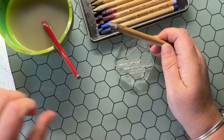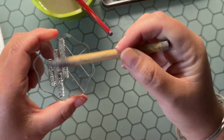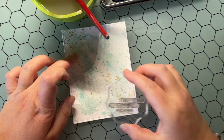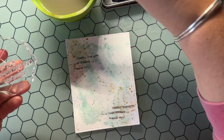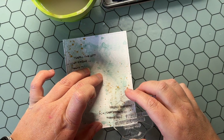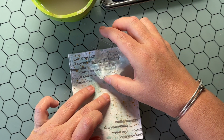And then I'm going to be using the Hickory Smoke Distress Watercolor Pencil, which is a really nice gray. And I'm actually rubbing the pigment directly onto the clear stamp, dipping the pencil into my cup of water and then rubbing directly onto the clear stamps and then stamping it onto my background. Now for my background, I am using the textured side of the